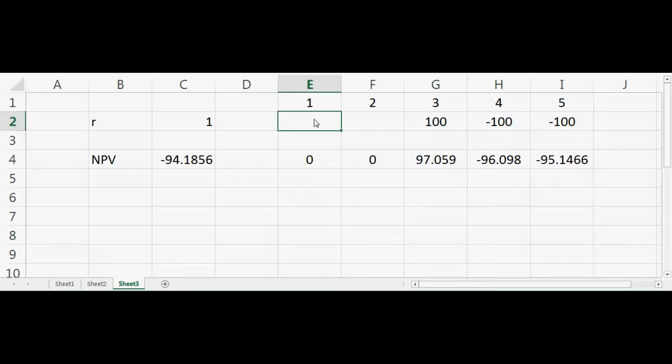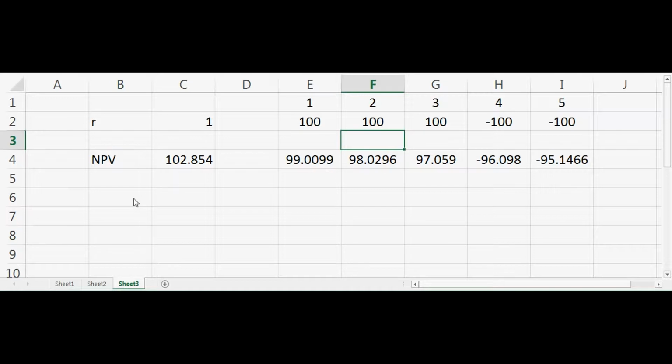Now let's go to IRR. So now we have to calculate the internal rate of return. So what is internal rate of return? Internal rate of return is that, suppose you invest money today and you get a cash flow in the future. So based on that cash flow, you have to estimate how much rate of return did you get on your